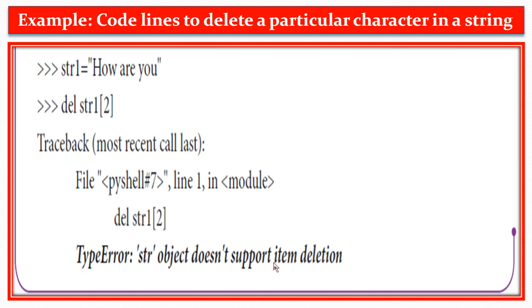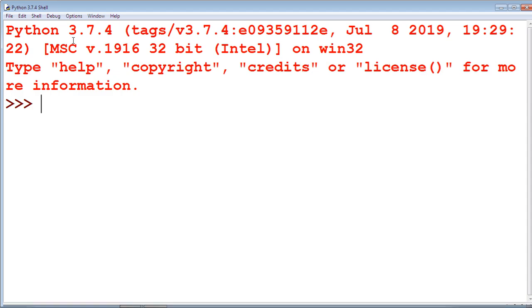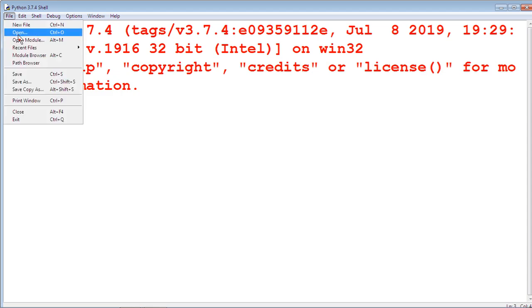Str object doesn't support item deletion. So we cannot delete a single character. We cannot modify a single character or delete a single character. We are going to see this again by using the IDLE window. File open.